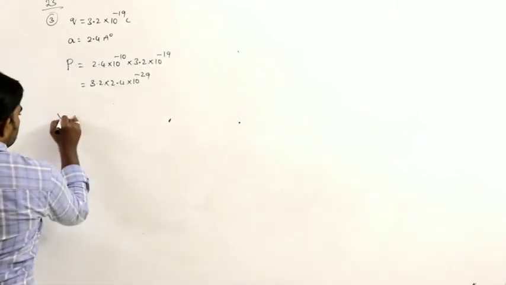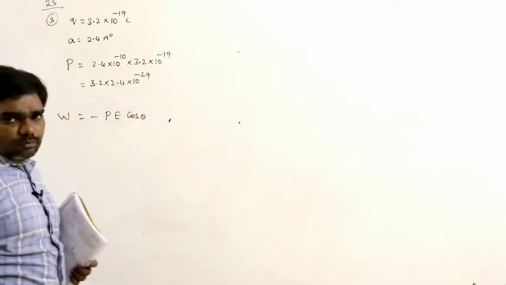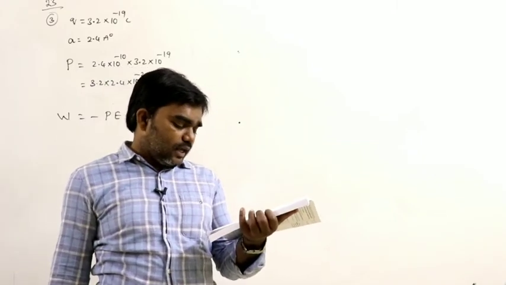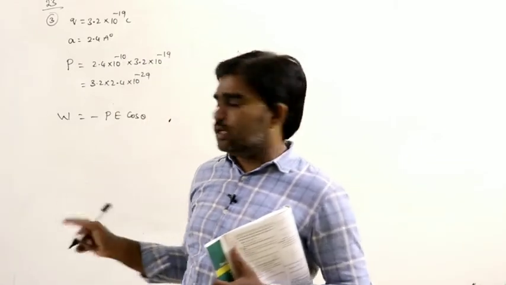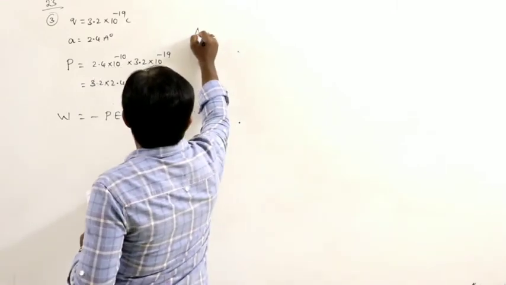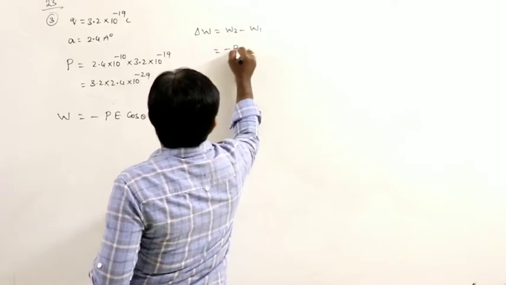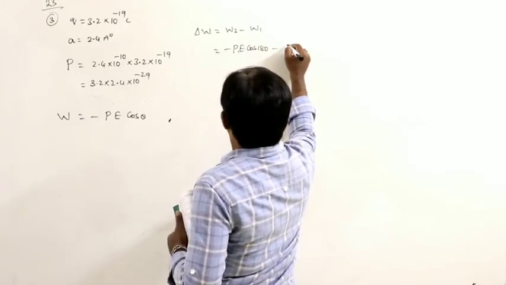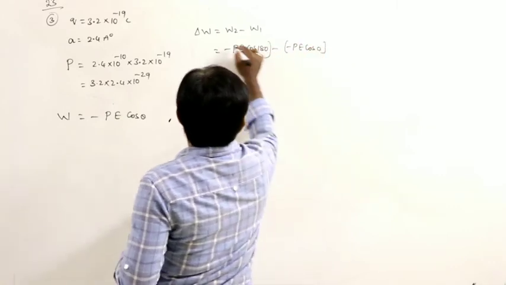So the work done formula is generally minus Pe cos theta. When the dipole is in equilibrium position, we want the work done to rotate it from equilibrium position to 180. Equilibrium position means theta is equal to 0, so theta goes from 0 to 180. So the change in work done is W2 minus W1, that is minus Pe cos 180 minus of minus Pe cos 0. Initially the angle is 0